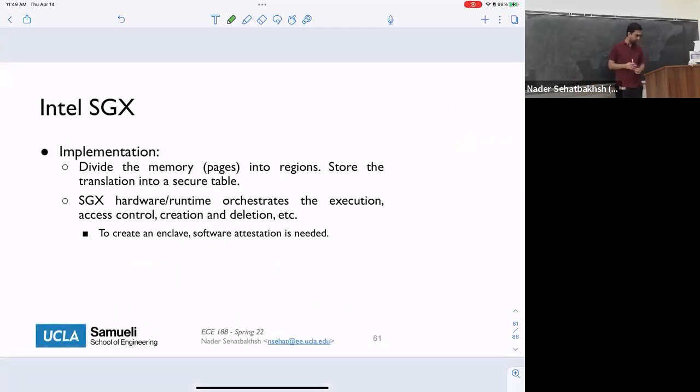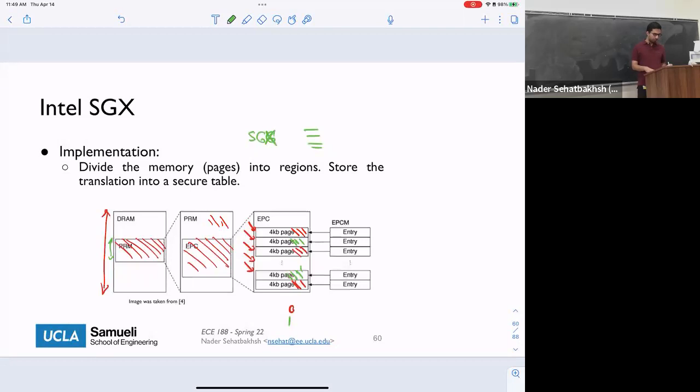Okay, I guess that's a good time to stop here. The only thing left from SGX is that we now need to understand how we create a new enclave and how we get rid of the enclave. That's an important part that we need to